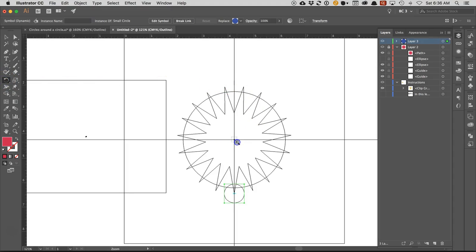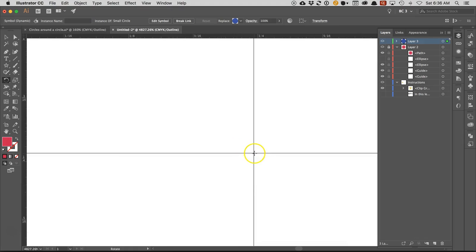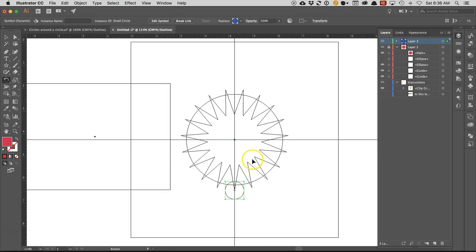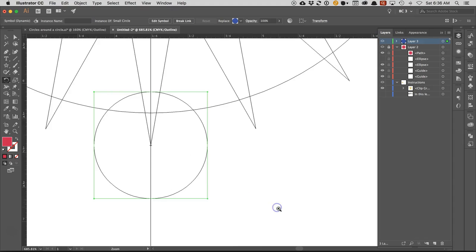So I'm selecting the rotate tool, and I want to rotate it right on that point there. So I'm going to click there. Okay. Very important to indicate where the rotate's going to go. And then I'm going to move it to that next point. So as I rotate it,